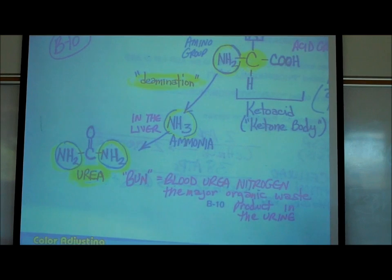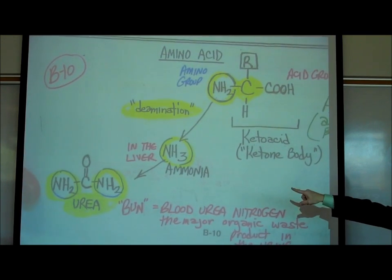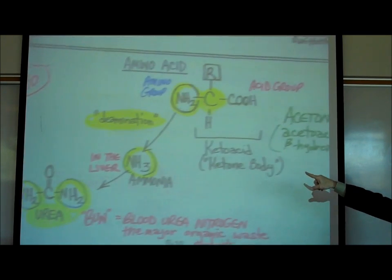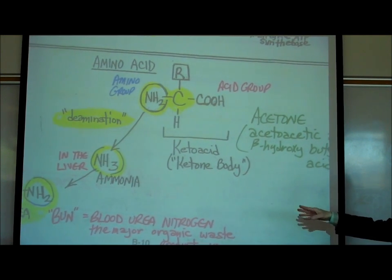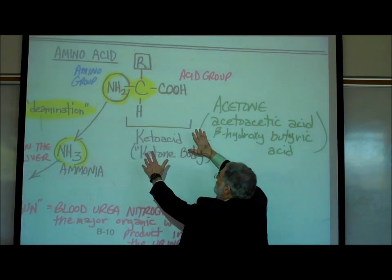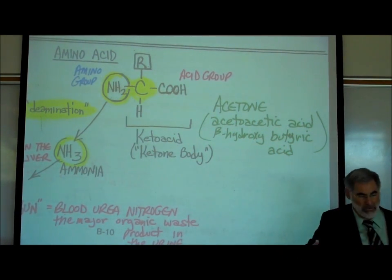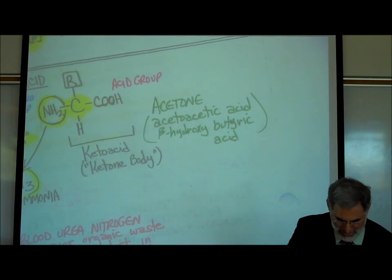coming back here, we saw on page B10 that urea is a waste product formed from ammonia in our liver, and it's formed from breaking apart amino acids and turning them into sugars. So we see that these ketoacids, that's the name for an amino acid after the amino group has been removed, are formed. Now, back on our big diagram on page B12,